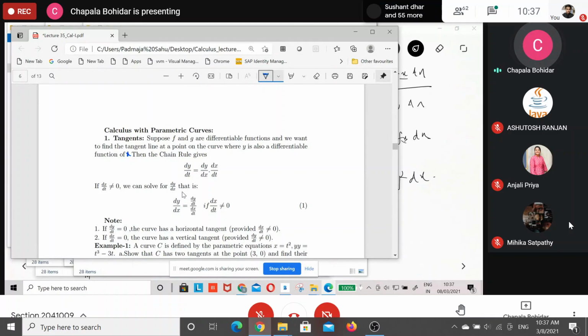Then by using the chain rule, we know that dy by dt is dy by dx times dx by dt. So y is a function of x, differentiable at x, then dy by dx is equal to dy by dt divided by dx by dt, provided dx by dt